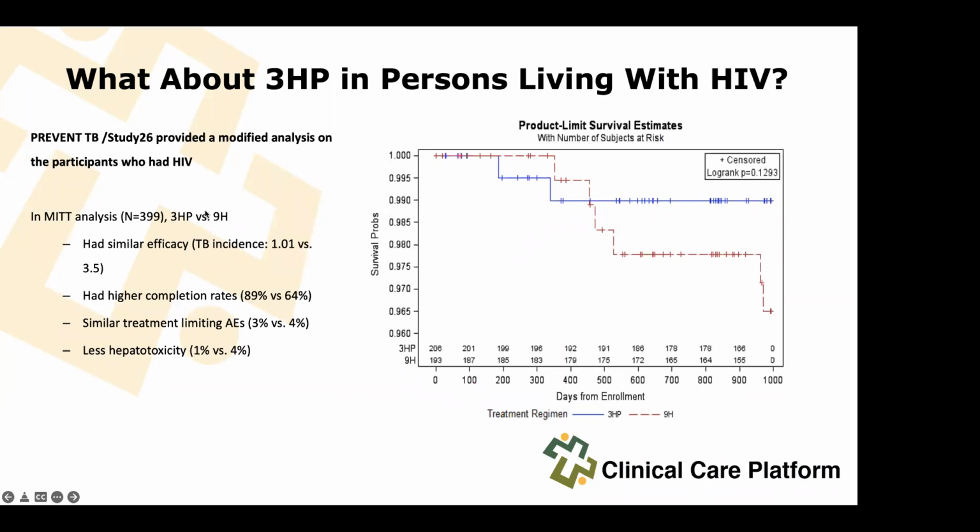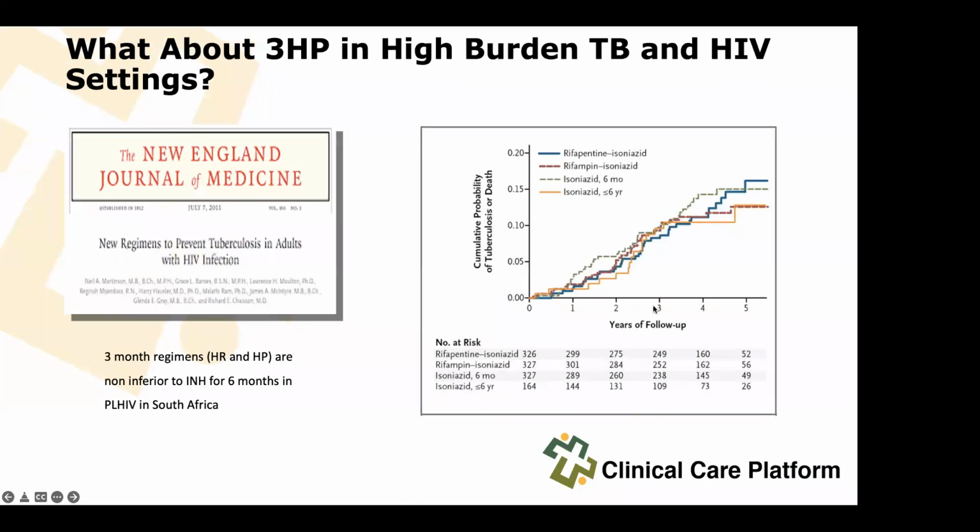And what about 3HP in persons living with HIV? Does it improve the survival rates for your patient? And yes, you can see that 3HP patients survived better than other regimens. So really, it is the drug. What about in high burden settings where we have TB and HIV, as part of our programs? Is 3HP superior? You see it is non-inferior. I mean, that is the correct language to use. So it is a combination of choice.